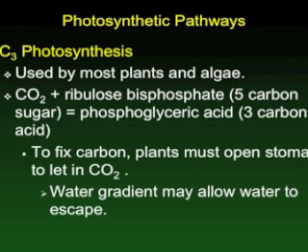The photosynthetic pathway that most of you have learned in previous classes is the C3 photosynthetic pathway that's used by most plants and algae. In this pathway, the plant takes in carbon dioxide, and then that reacts with ribulose biphosphate, RUBP, and forms two molecules of PGA, or phosphoglyceric acid. And then those two PGAs are then used in another subsequent reaction in order to produce sugar.